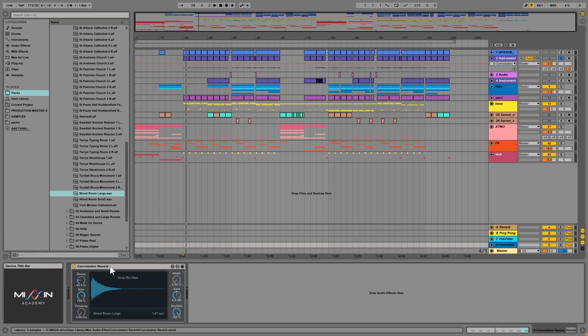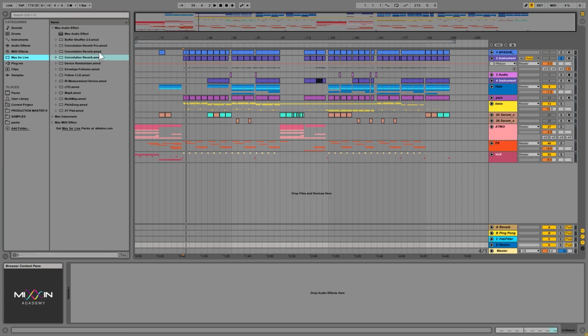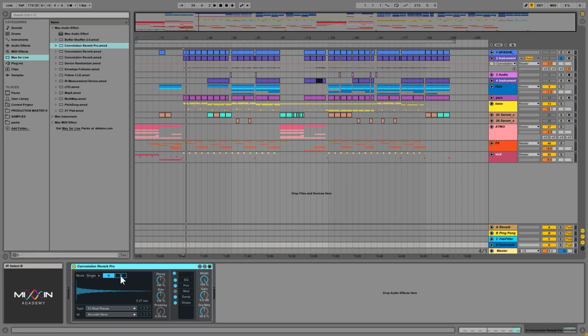Now, outside of this one, the convolution reverb, we have right here in Ableton an advanced version of that. Let me just check that out. So Convolution Reverb Pro, and this one has some added functionality. So we can actually load 2 of those, A and B. And right here we also have the actual selection drop box from all the impulse responses we have. So we can choose plates, bigger spaces, halls, whatever we had, and then choose one that we had in that folder you just seen. And we can do the same thing, let's say for the B one,